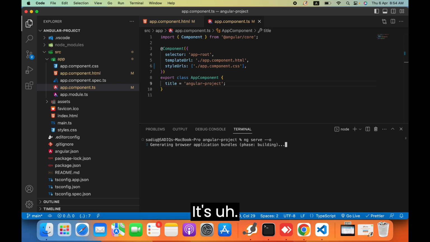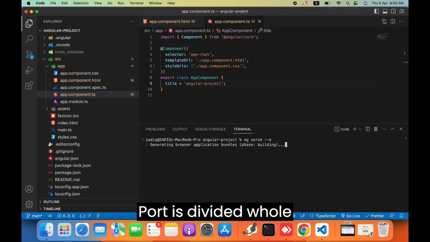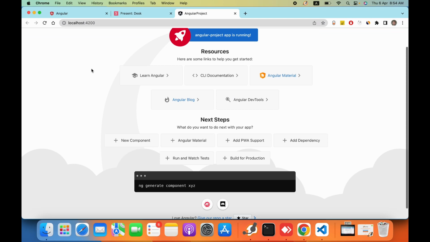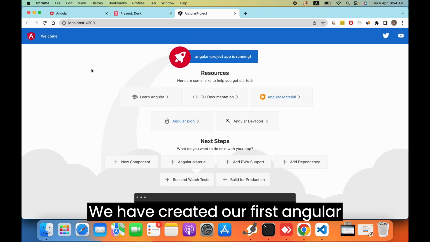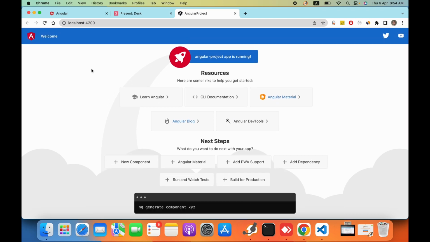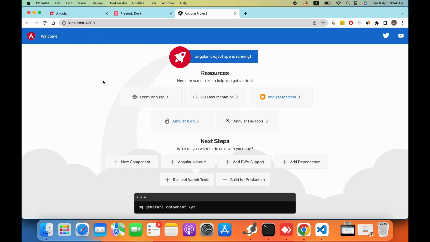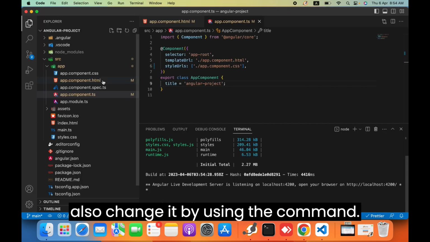Its port is by default 4200. So as you can see, we have created our first Angular project. Default port is 4200. You can also change it by using the command